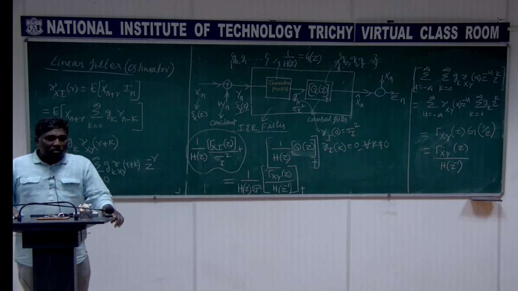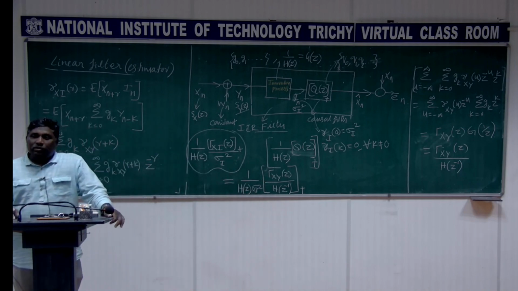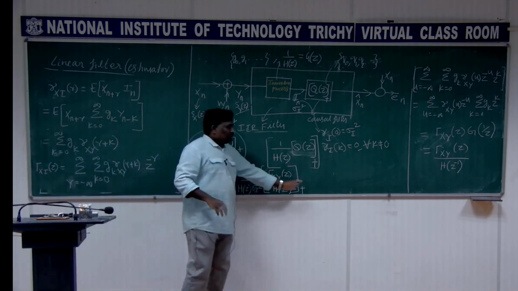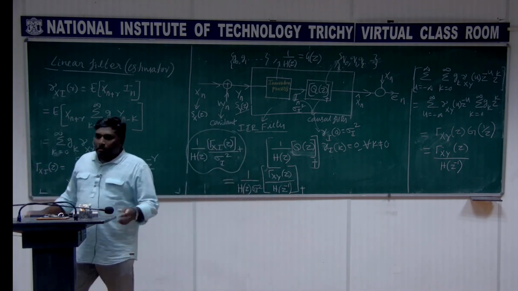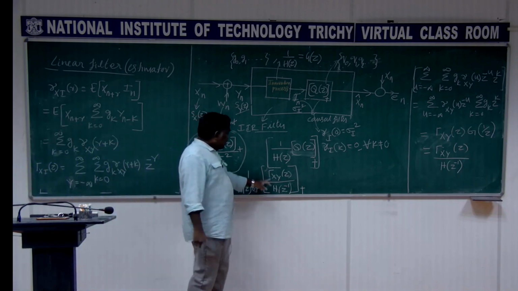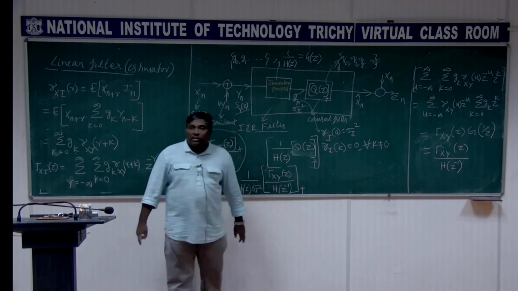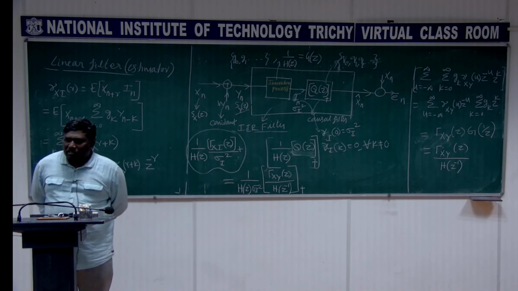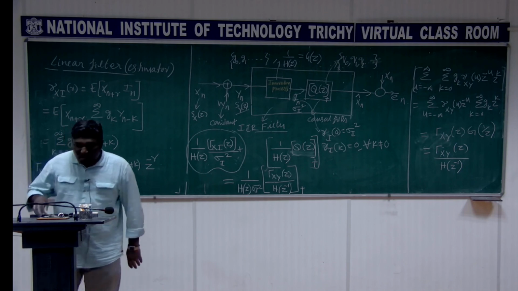Then we need to find this gamma xy of z. Gamma xy of z can be written in terms of the spectral density of x and y. Individually we know them, and I can substitute there. Once I substitute here, then I can find this causal part. Right? So it's very simple. I think I have given an expression for the autocorrelation gamma xy of k. You see that? Gamma xy of k is gamma x of k plus the noise, isn't it?